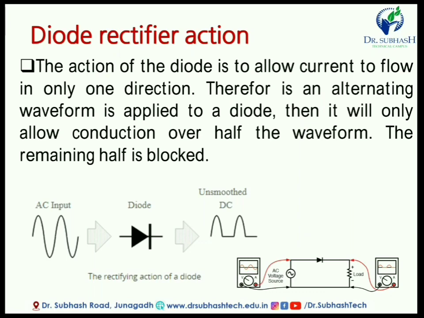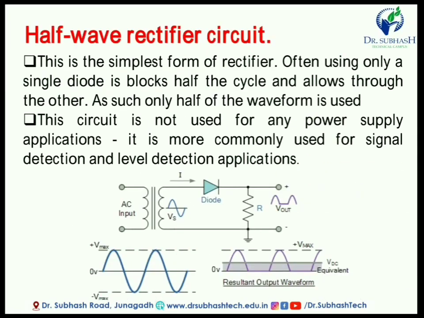So you have to remember this condition for the positive forward as well. Now let's take a look at the half wave rectifier circuit. The name indicates half wave, so only half portion of the sine wave, meaning only the positive half cycle, is converted to DC. On the output side there is no negative half cycle, only the positive half cycle is passed. So we can say that this is the half wave rectifier.